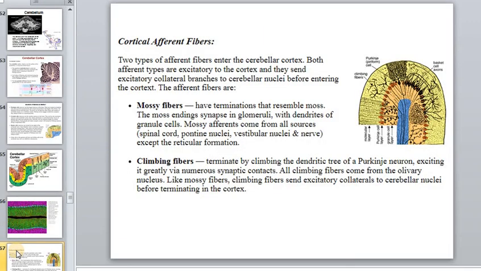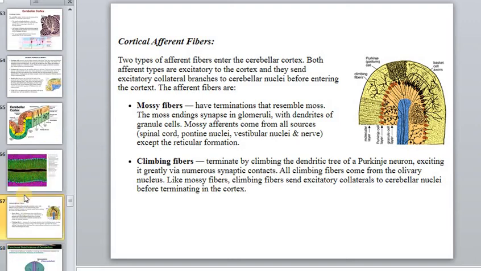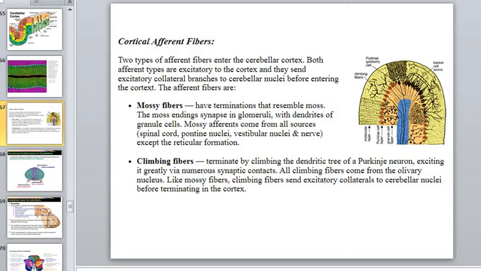Move on to the next slide, cortical afferent fibers. Here we see two types of afferent fibers that enter the cerebellar cortex. Both afferent types are excitatory to the cortex, and they send excitatory collateral branches to the cerebellar nuclei before entering the cortex. The first afferent fibers are mossy fibers. Mossy fibers have terminations that resemble moss, and the moss ends in synapses and glomeruli with the dendrites of the granular cells, and